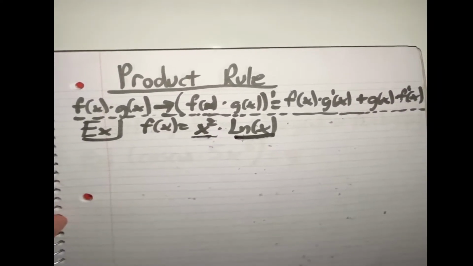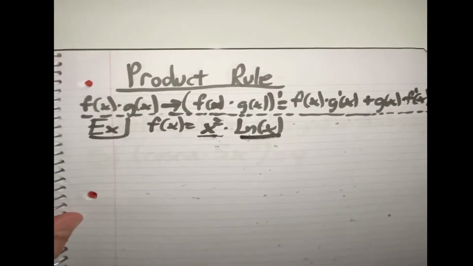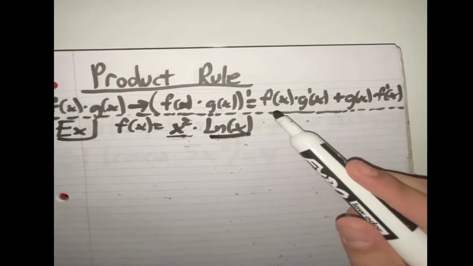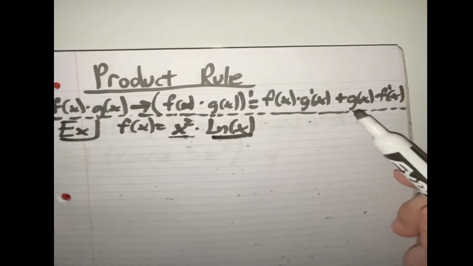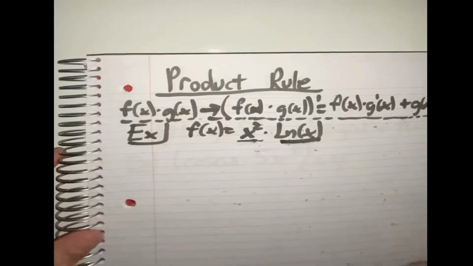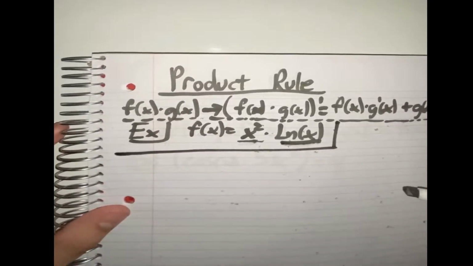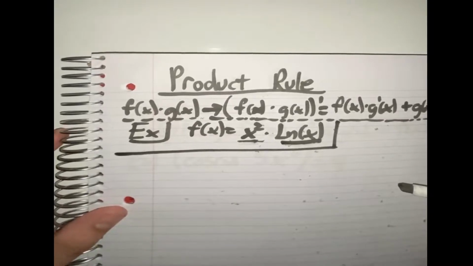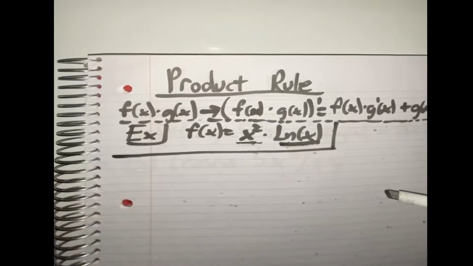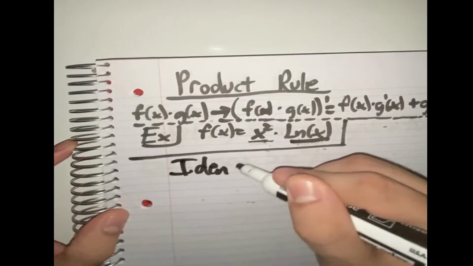So to take this derivative, we have to apply what's known as the product rule, which is very simple. It's basically the derivative of f of x times g of x is equal to f(x) times g prime plus g(x) times f prime. So it's pretty straightforward. Basically what we do for this problem is recognize that we have two functions being multiplied by each other. So without further ado, we have to identify